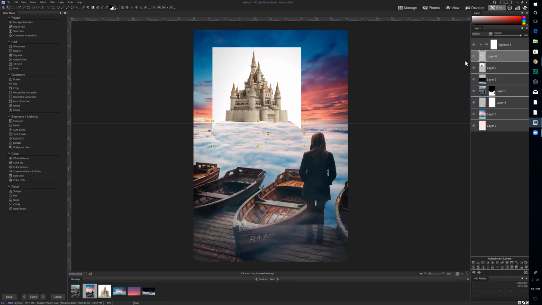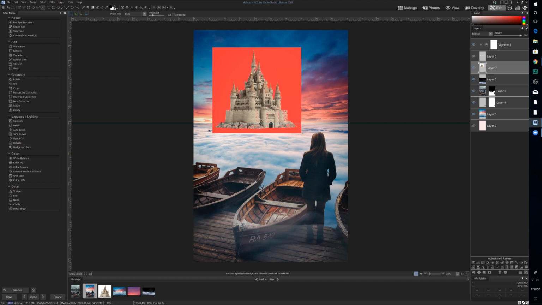We'll just hide that layer for now. And then let's take a look at this layer. Okay, so our castle layer here is nicely located on, in this case, a white background, which we desperately want to get rid of. And we can use a couple different methods. We could use the magic wand selection tool to select only the white. But then I'd have to clean up some of the granularity in here, so I don't think I'll use that. What I want to use on this layer is,